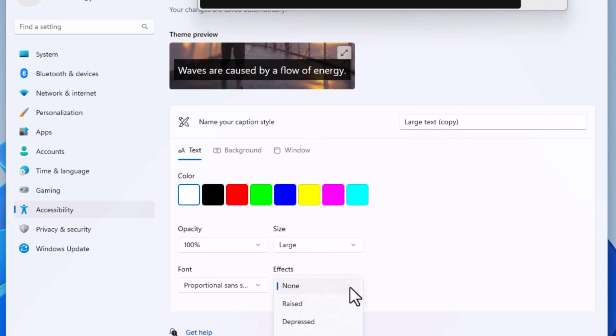You could add effects. You do all kinds of things, but that is how you turn on live captions in